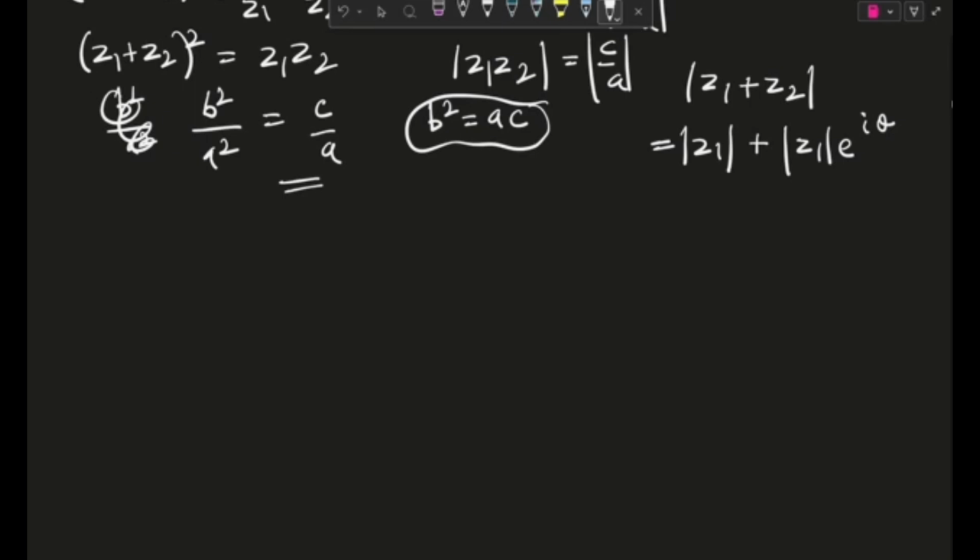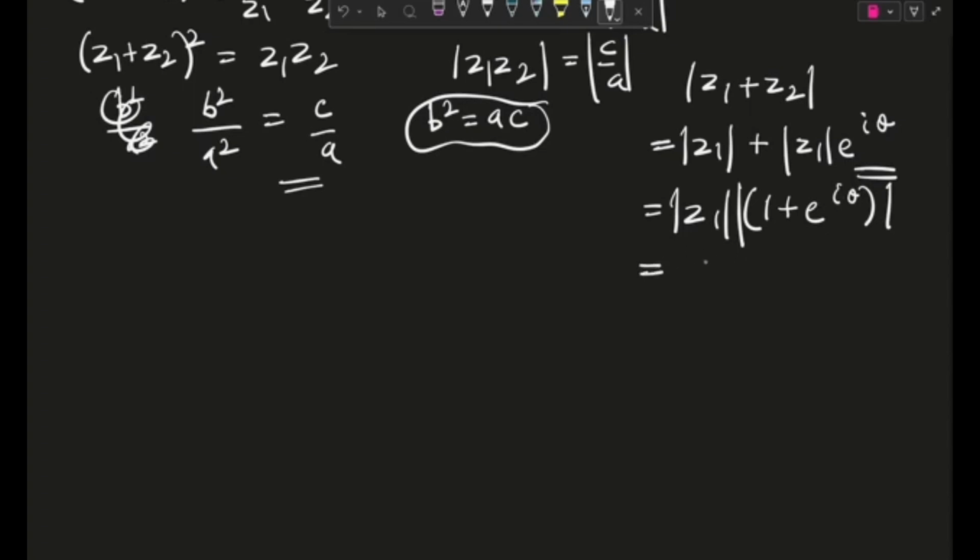Okay, it's not sine theta comma cos theta, it will be cos theta comma sine theta, and then for the Euler's form we will write cos theta plus i sine theta, and then finally we can write it as e power i theta. Although I didn't have to mention this, I still explained. So now we can write this as mod z1 times 1 plus e power i theta, also whole mod,